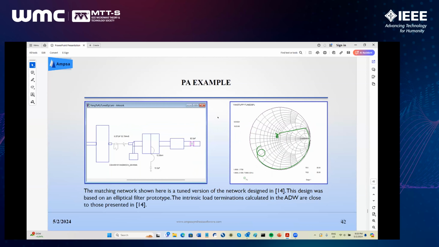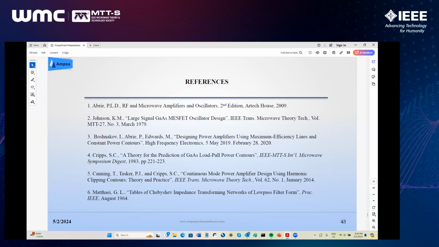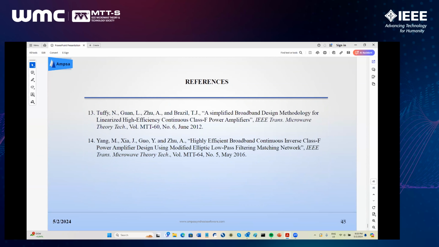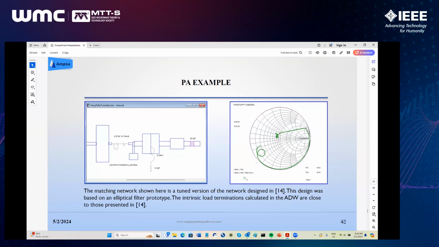I added this one. That's an interesting paper. If you look at the references, this was a paper by Yang. I put this on purpose here because this is a very good paper. So if you want to understand how to design something properly, this is a good thing to read. So I like that paper. So I took their matching network and I put it in